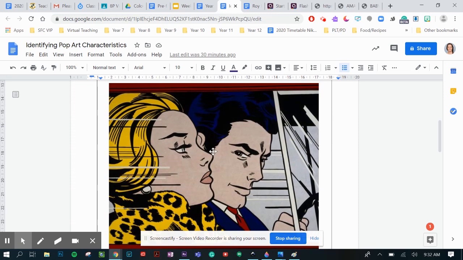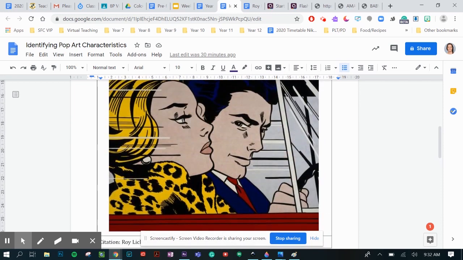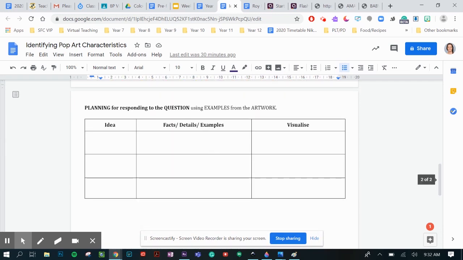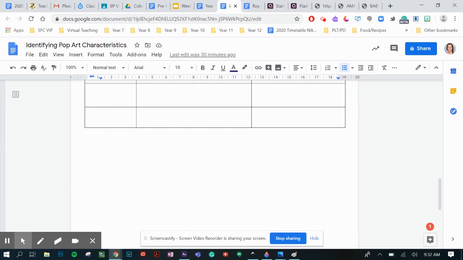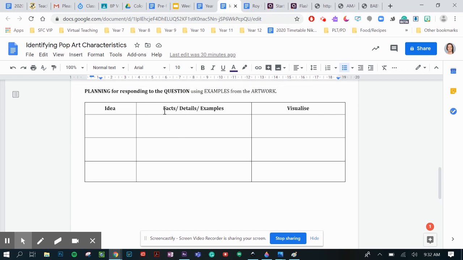I think it does. So that is one of the characteristics of pop art used here. All we have to do for this lesson is fill out this table, okay? This is going to help us answer a question, actually writing in full sentences at a later lesson in the future. So the idea we would put here is comic